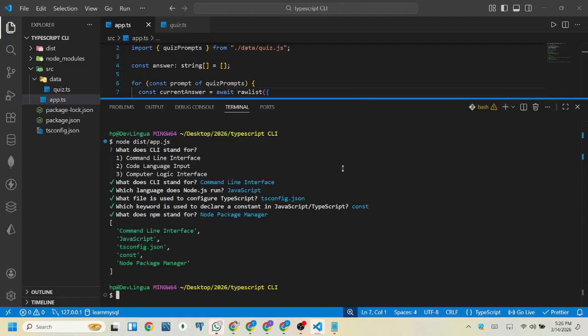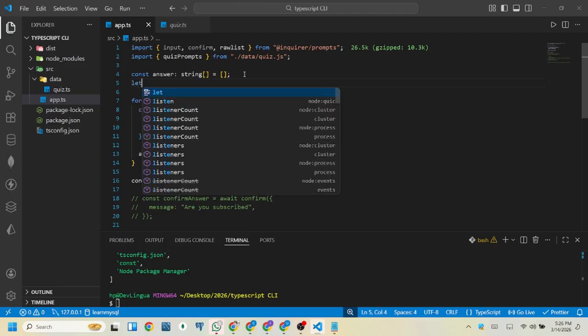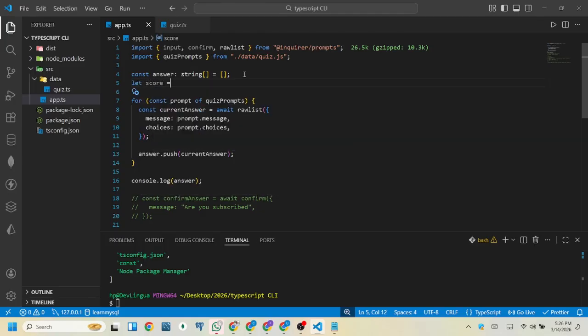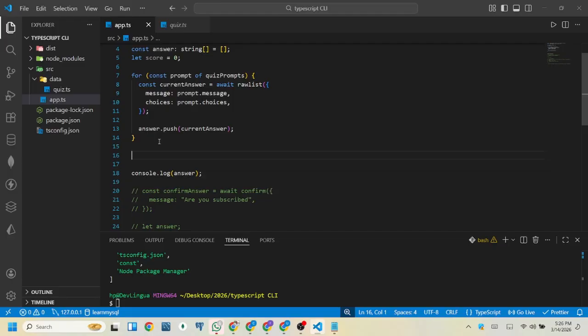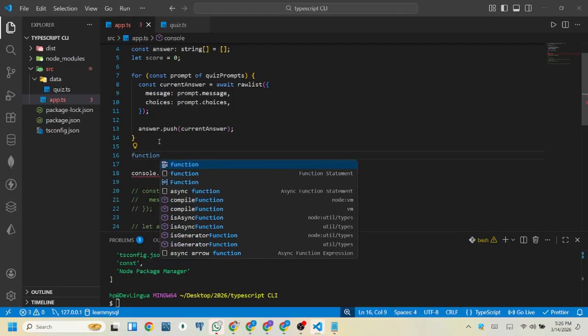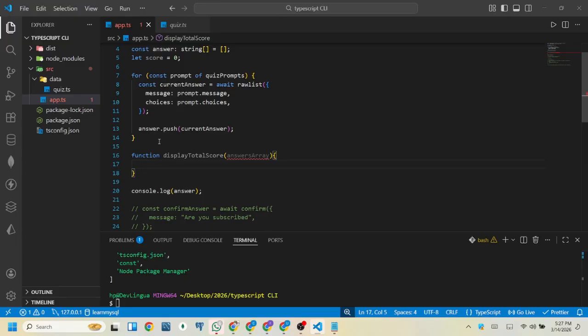So what we could do now is we could work with the answers. So we could come here and create a score. Let's make the initial score 0. Initially your score is 0. Now we could come here and write a function that displays the total score. Display total score. So we're going to take in the answers array, so the user answers, and then we're going to come here and say